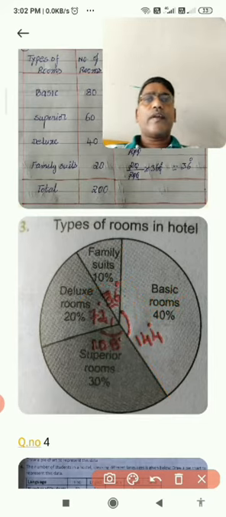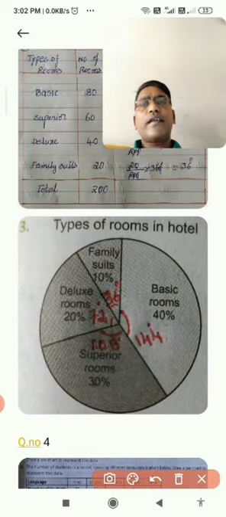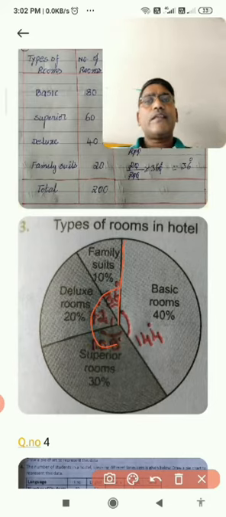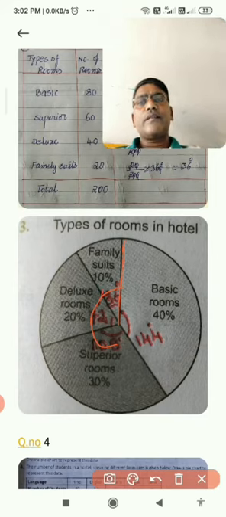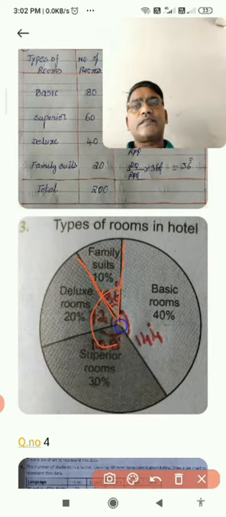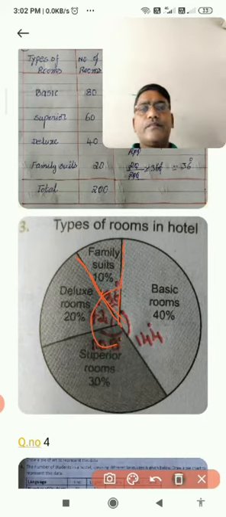Second part, how to continue. Now your base radius is this. You keep the protractor like this, continuing. The next degree is 36. So you observe on the protractor, you get 36, and you again join from here. Now the next base is this. Second part over. And third part.